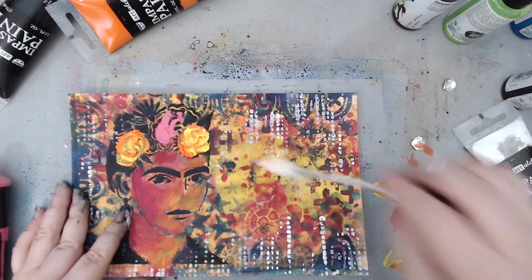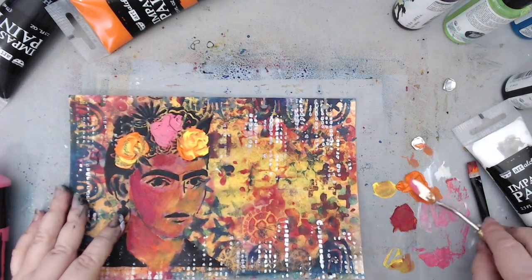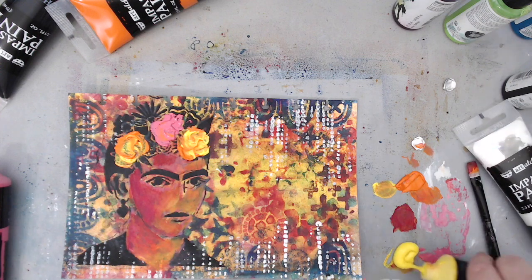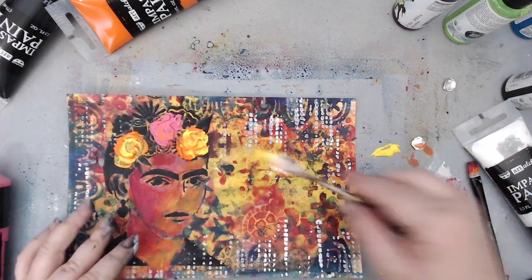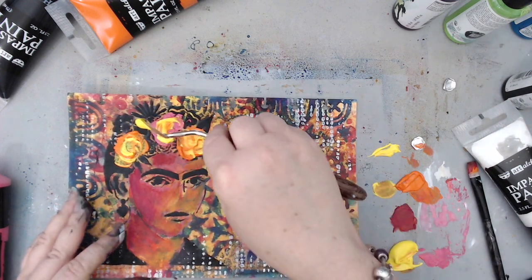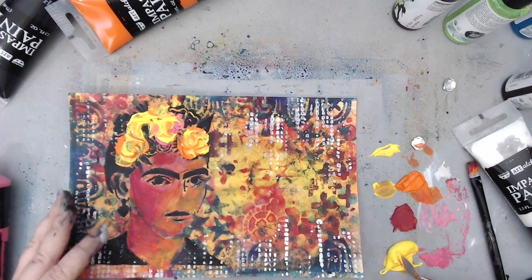So all I had to do is just mimic the flowers that I had learned how to do in a class that I took, and I just went ahead and created the same thing. All you have to do is use your palette knife and create circular motions of the colors, and then add another color on top while the other one is still wet. And these create these really cool loose flowers, almost like roses, but they're pretty loose, and you can create them